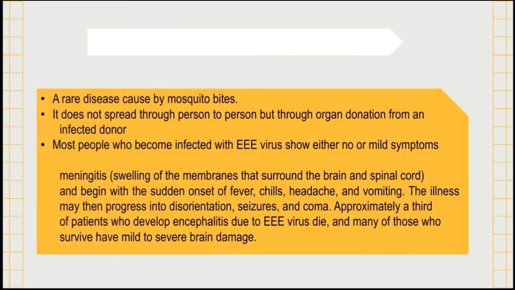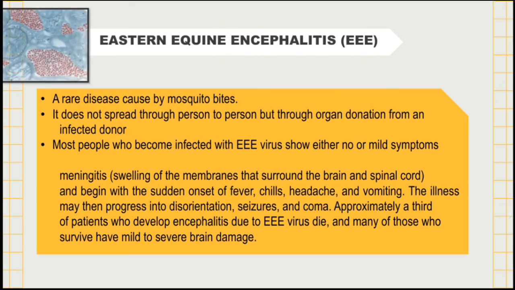Eastern equine encephalitis is a rare disease caused by mosquito bites. It does not spread from person to person, but through organ donation from an infected donor. Most people who become infected with this virus show either no or mild symptoms, like meningitis, swelling of the membranes that surround the brain and spinal cord,